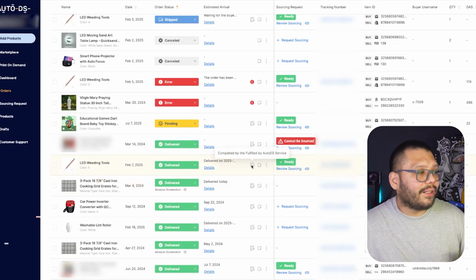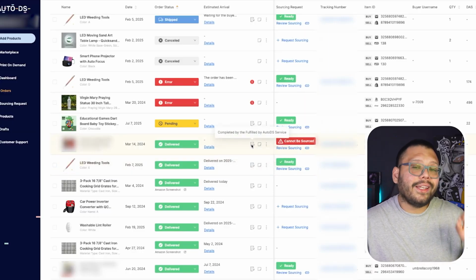So for one, you have the fulfilled by AutoDS service icon. This is going to appear if you're using fulfilled by AutoDS. What is fulfilled by AutoDS? Well, fulfilled by AutoDS is just one of the 2 different automatic fulfillment methods that we offer through the AutoDS platform. The first one is going to be simply automatic orders. So what's the difference? Well, automatic orders and fulfilled by AutoDS work kind of the same way, except the fact that when you're using the automatic orders by itself, no fulfilled by AutoDS,